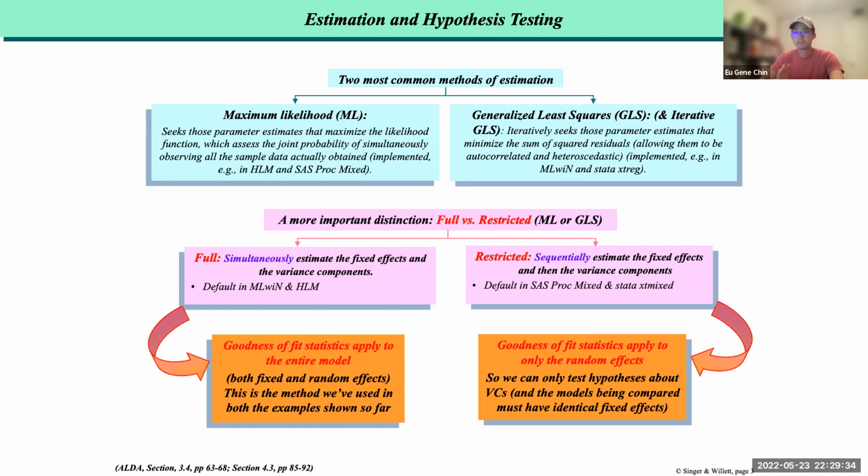In fact, if the usual normal distribution assumptions required for the maximum likelihood estimation hold, GLS estimates are actually maximum likelihood estimates. The take-home point over here is that different software programs, depending on whether you're using MLwiN or HLM, or if you're using SAS or Stata,